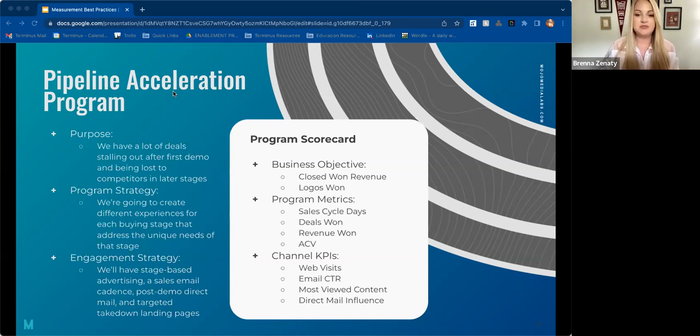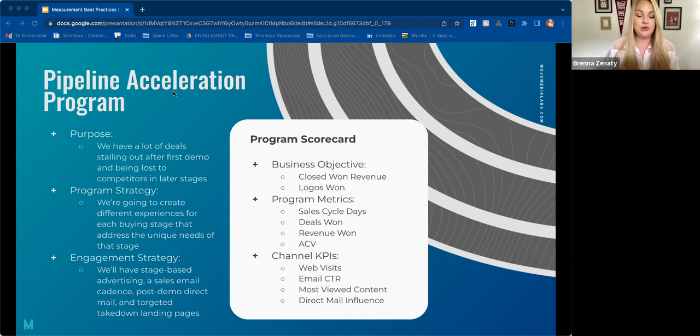From a late stage standpoint, we can also create individual landing pages that are kind of a competitive takedown page, if you will, that our sales team can use in those late stage deals we're losing out on to